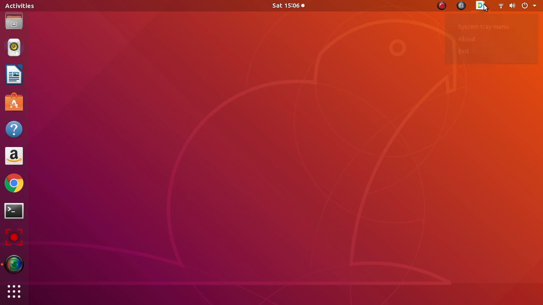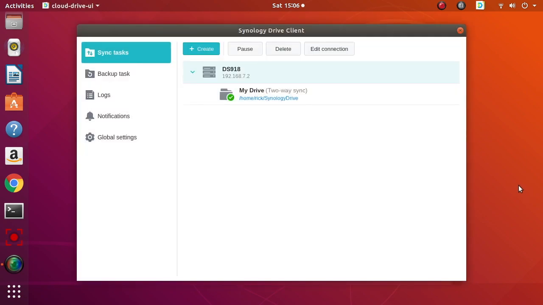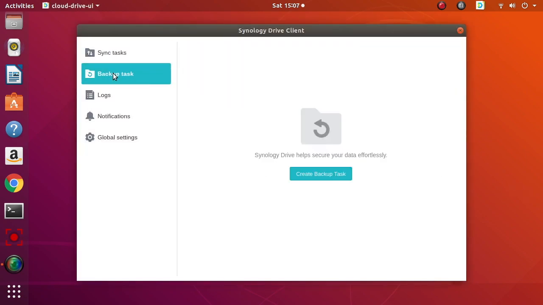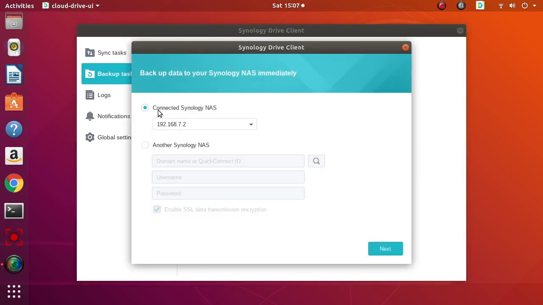So I have the Synology Drive up here in the menu bar. I'll open it up with System Tray menu. I'll click on these three dots here and I'll go to Settings. You see we have Sync Task set up here, but we want to go to Backup Task. I'll hit Create Backup Task and we'll see it says Connected Synology NAS, and I have the IP address of